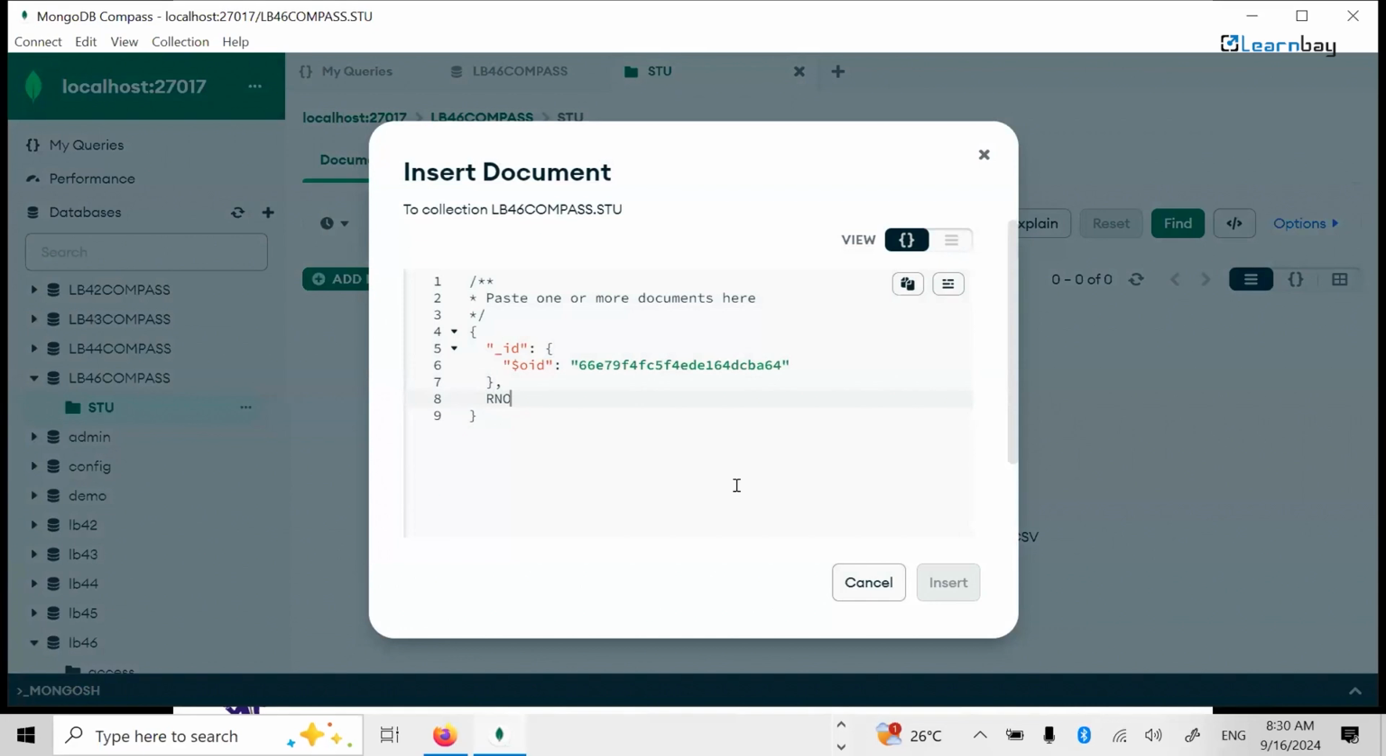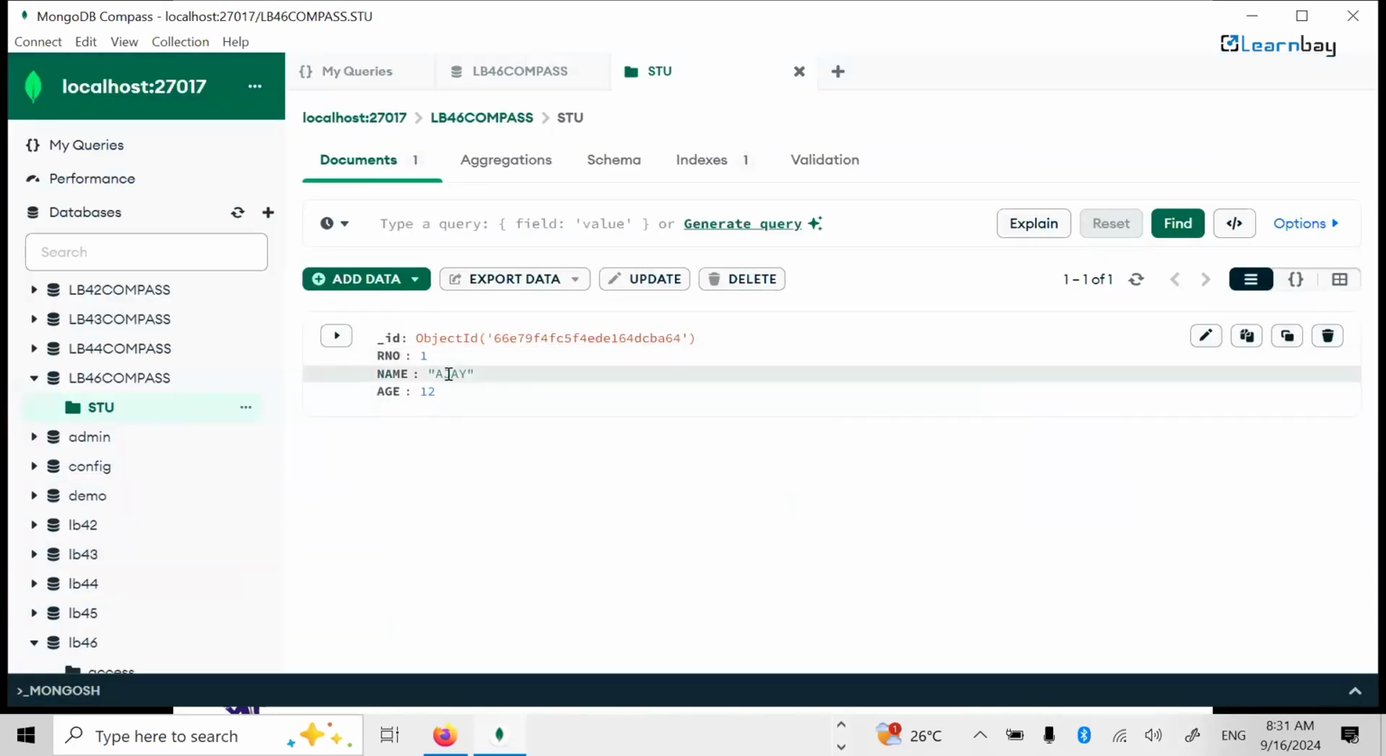Let's say roll number 1, name as Ajay, age as 12. Okay, and click insert. A document has been created. db.collection.insert is what we have done over here. If you want to add another document over here,